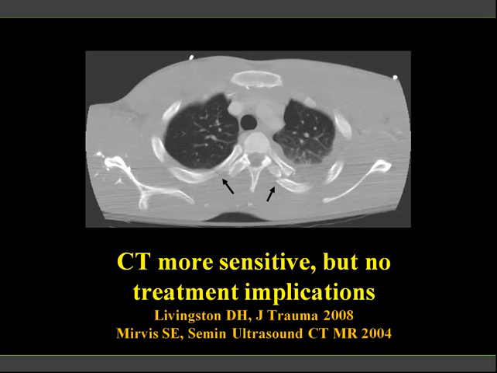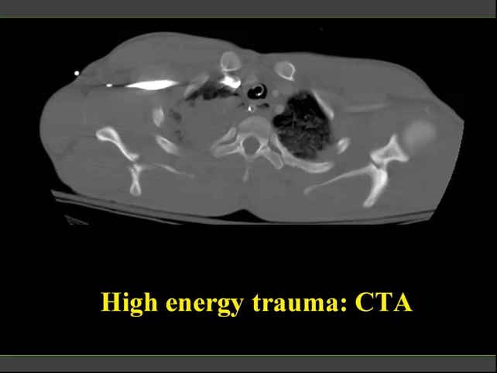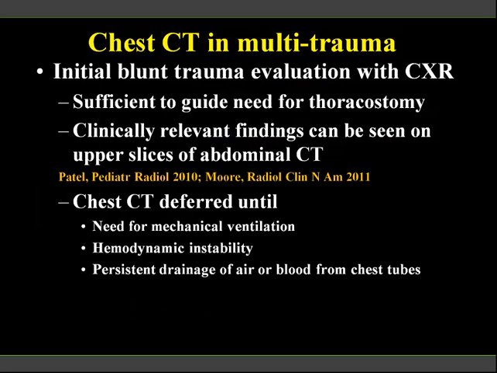Usually no treatment implications, unless the rib fractures are in the upper part of the chest, as is shown here. This patient also had high-energy trauma and had bilateral scapular fractures. In that case, the trauma chest CT has to be done with a CT angiography technique to look for vascular injury, which is very common in that condition. So chest CT in multi-trauma is